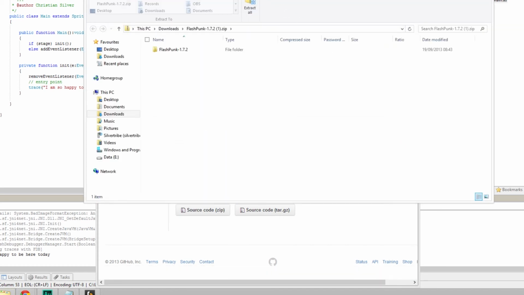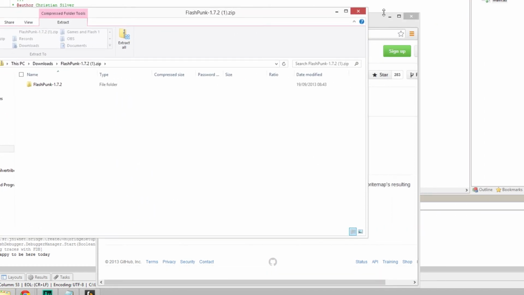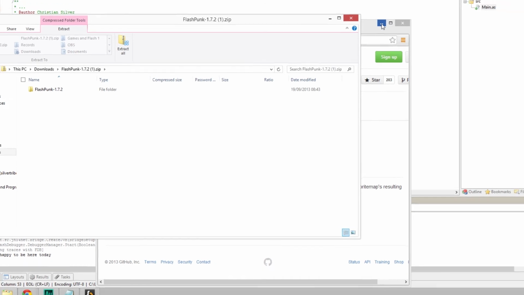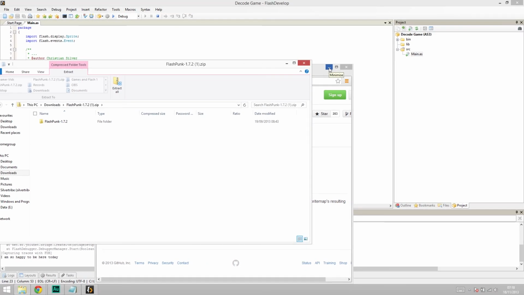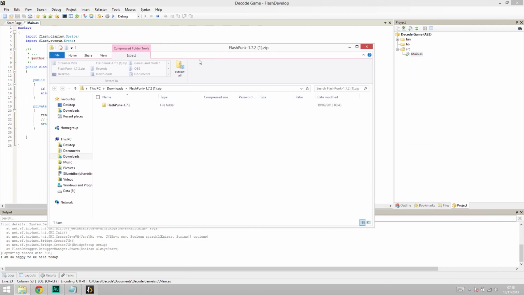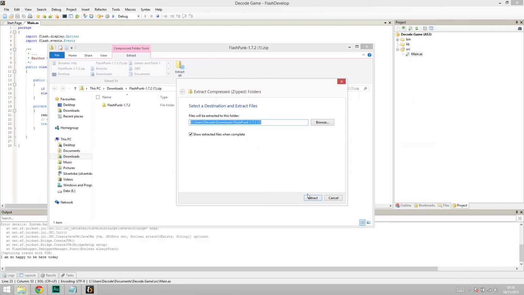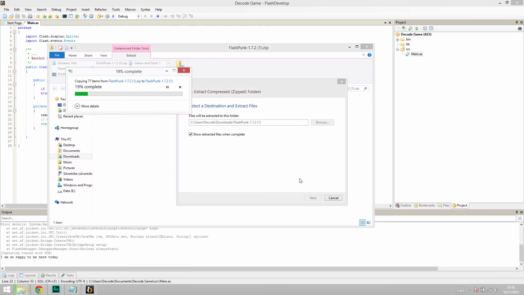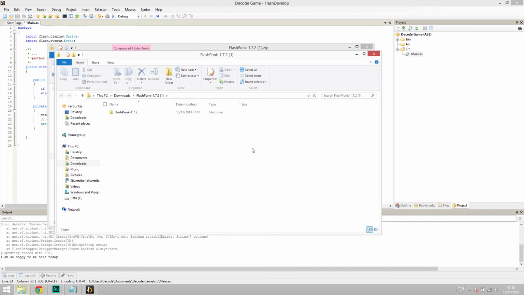And you can open it, and then you're given a zipped folder. Now, once I have opened it, I first need to extract it. I can close this now. I first need to extract it, so I'll click Extract All, and then just use the default options, wait for it to finish, and it'll take out all the contents of the zip folder and put it as a normal